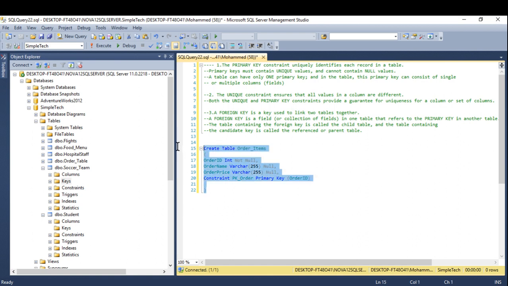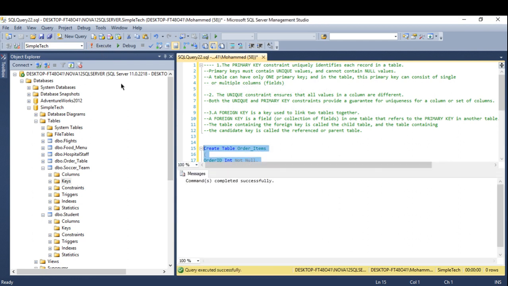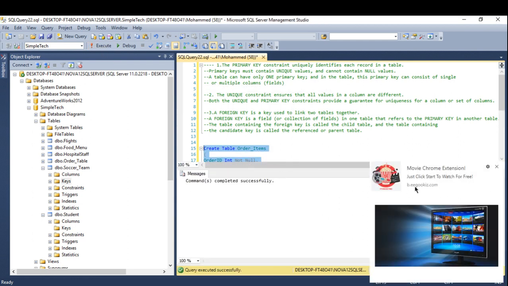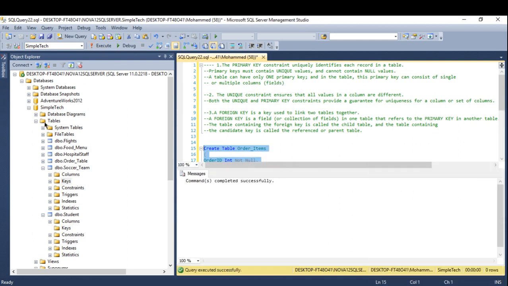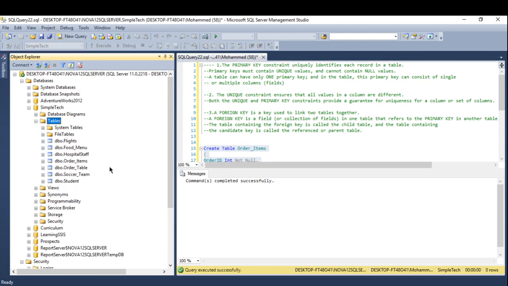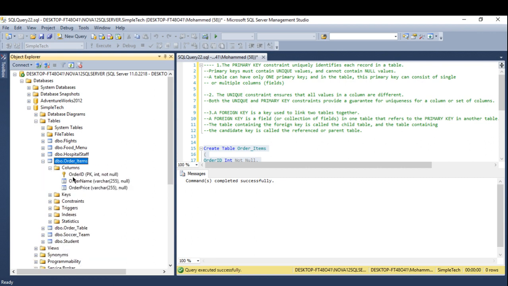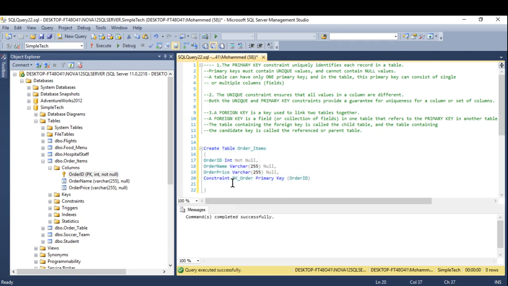Now I will create my table. It's successfully created. I'm going to refresh my tables. Here is my order items, and this is my primary key, with the gold key right here on the order ID. And okay, this is how we create the primary key